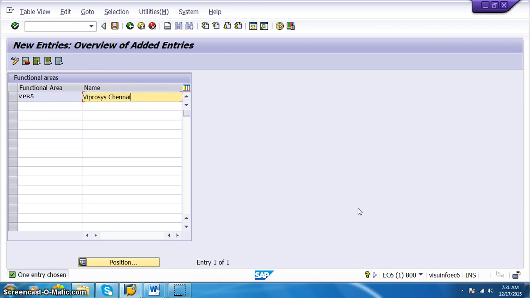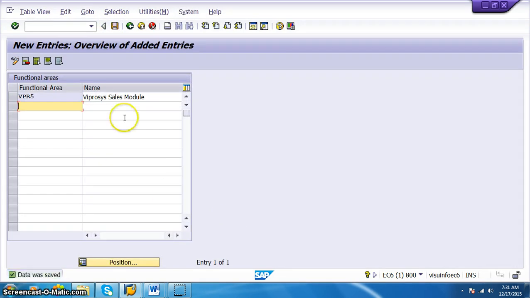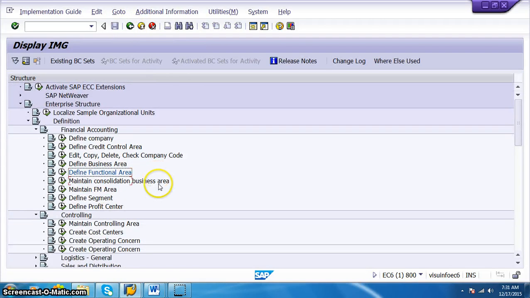Functional area is like SD module, MM module, or the sales module. You can segregate the data between sales, material management, all this stuff. So I'm just clicking on save now. Say OK. Once it's been done, we come back, and functional area is done.